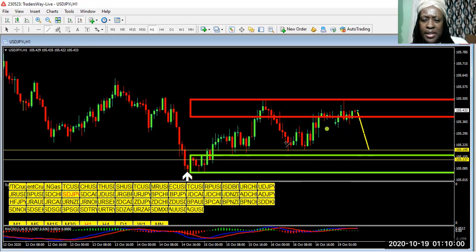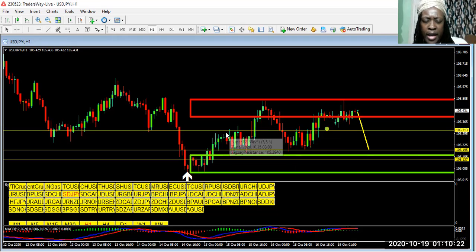Why? Because this is a support level. Look at the wick action, right in this area here, and it pushed up. So I'm expecting price to do the same. Oh, I had the wrong one, right? Push back up, actually push back up to this area right here. Why this area? This is resistance. All I'm doing is identifying support and resistance, right in that area. So price will come down,